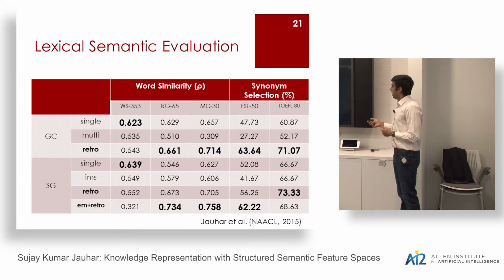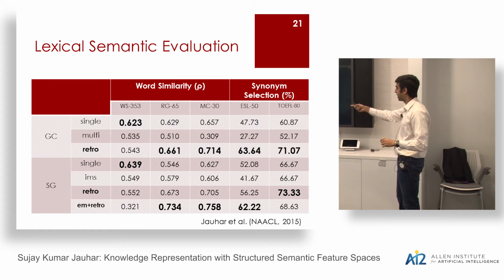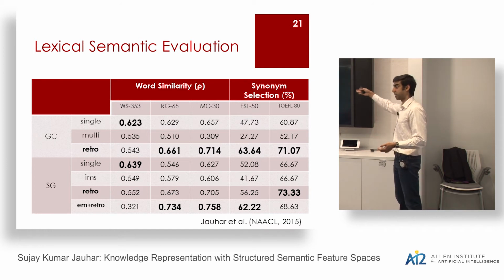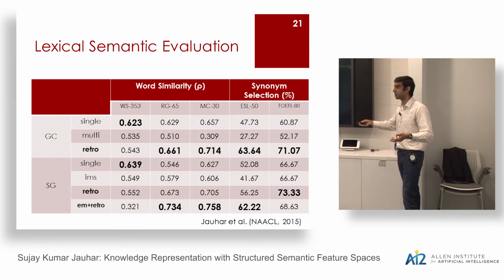For the other word similarity task, are the words given with word senses, or do they just say? No, just two words in the void. So in the case of multi-sense embeddings, what you would do is take an average over all the senses. Or if you had more knowledge of the task that you were dealing with, for example, synonym selection, you want the most synonymous sense, then you could basically do a max, for example.